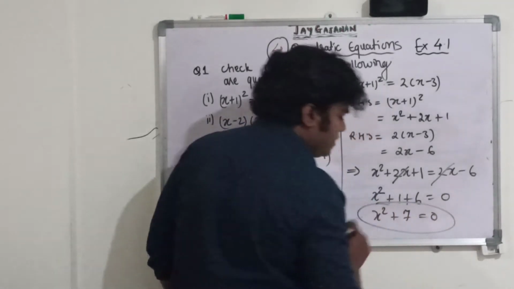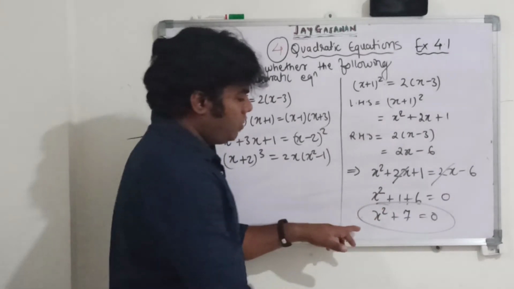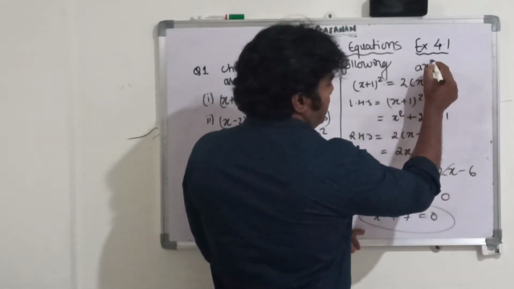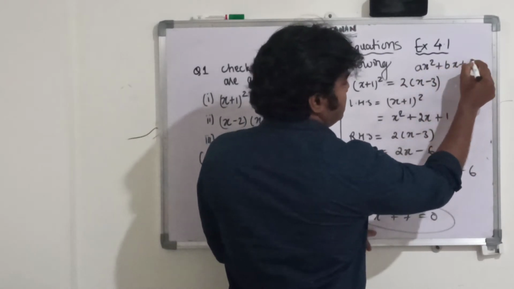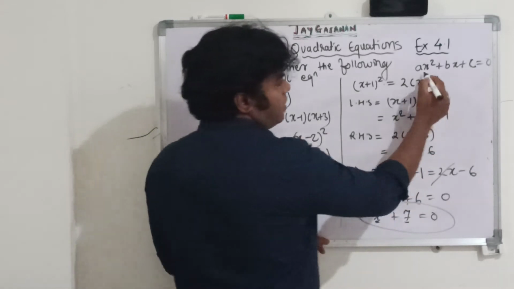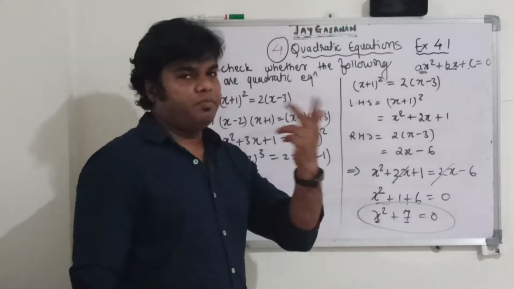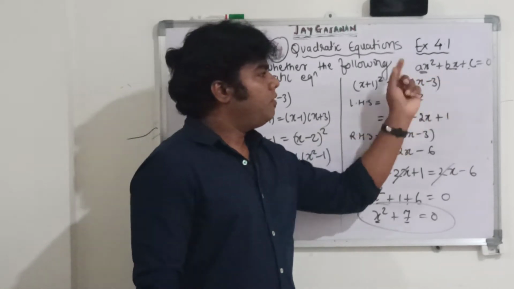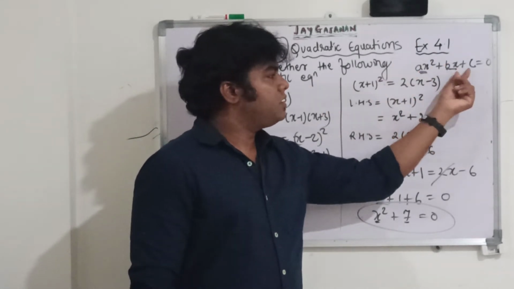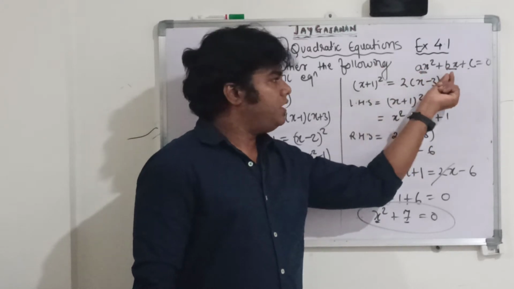And this is a particular equation. Let us see whether it is in the form of ax square plus bx plus c or not. So see, ax square plus bx plus c equals to 0. यहाँ पे constant term है and you have x square also. This can be 0x. So as I told you, b and c are real numbers, but a cannot be 0. So b 0 रह सकता है.